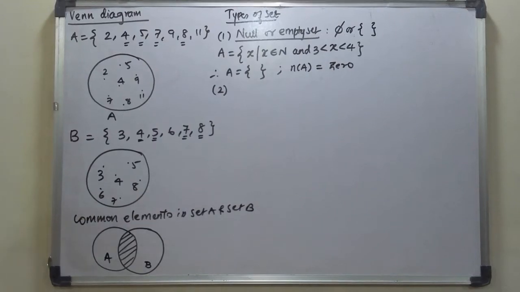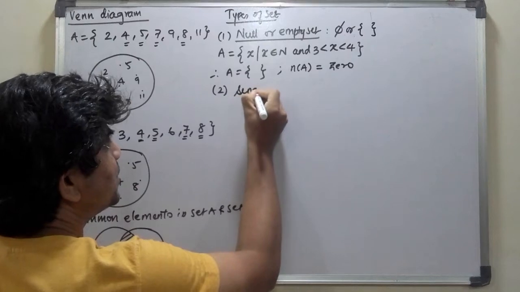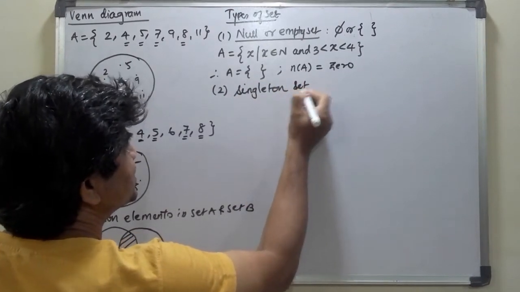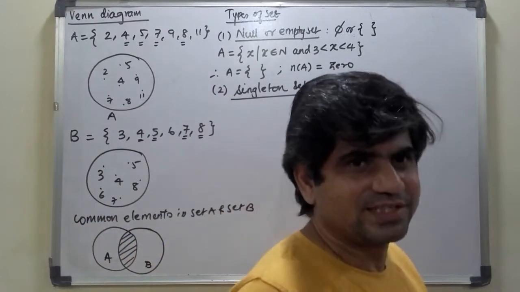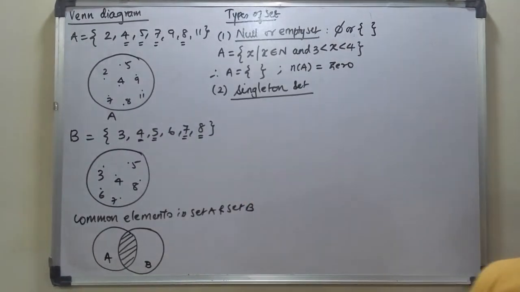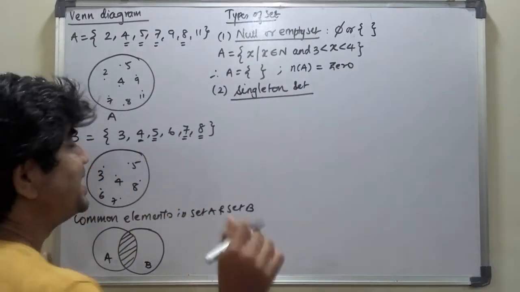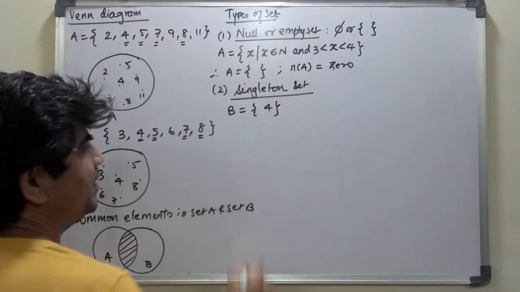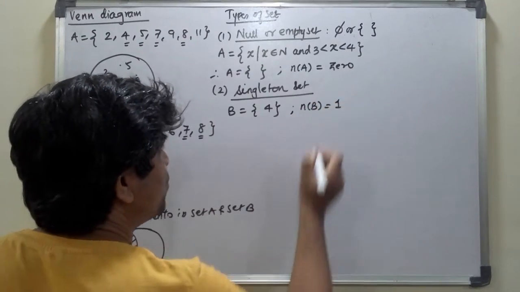Sorry. Now, if I go to the second one, the name itself tells you singleton. Singleton. Actually, single set also was there, but ton is used. Singleton means only one element. The set which has only one element is called as singleton set. Okay. So if this is set which has element only one, that is number of element in V is 1.